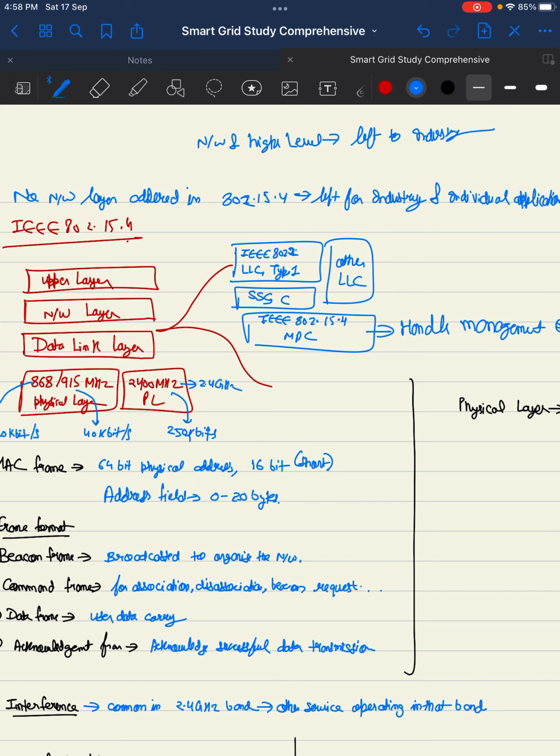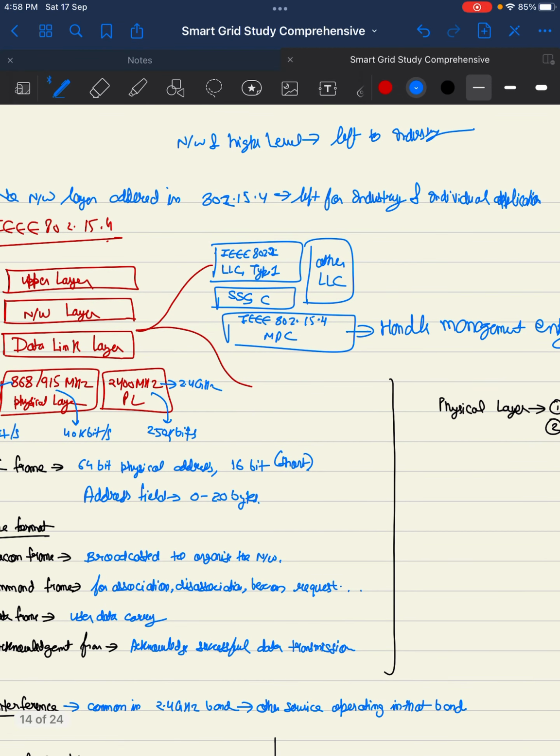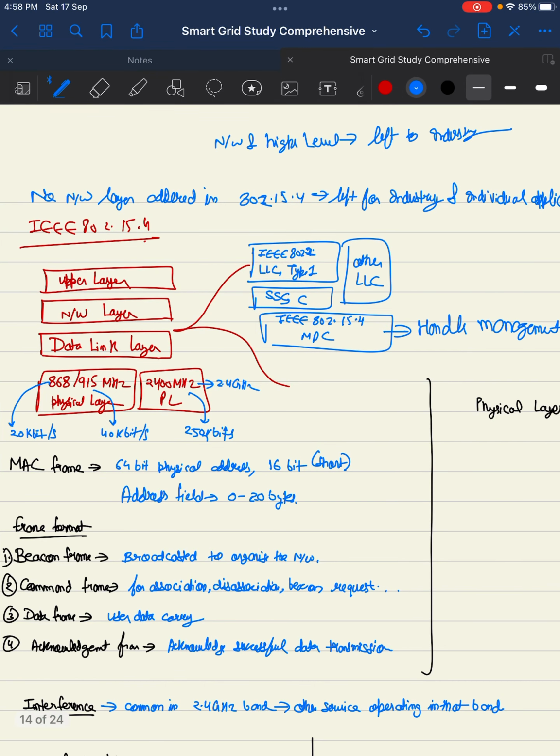Now we will see the IEEE 802.15.4 system layering. When we see that, I already told you it does not see the network layer. Basically what it sees is the data link layer. Here we have a data link layer. This thing is left to the industry. The data link layer is divided into two parts. The first part is our logical link layer and the second is the sub MAC. Whenever we talk about the logical link layer, that is LLC, logical link layer,